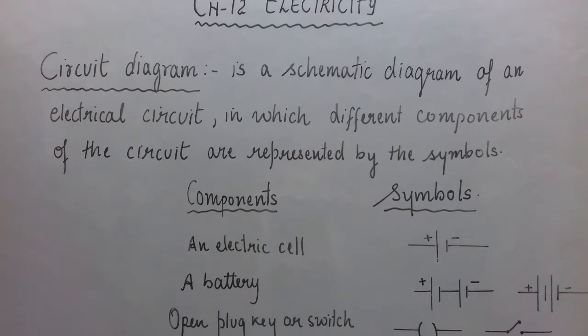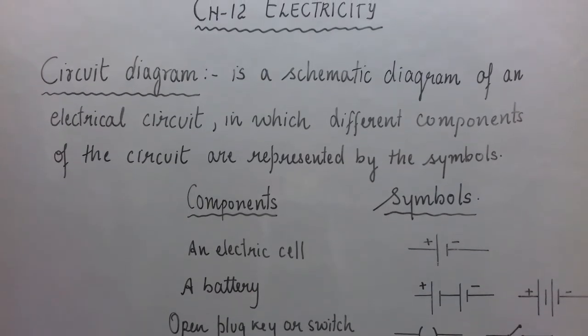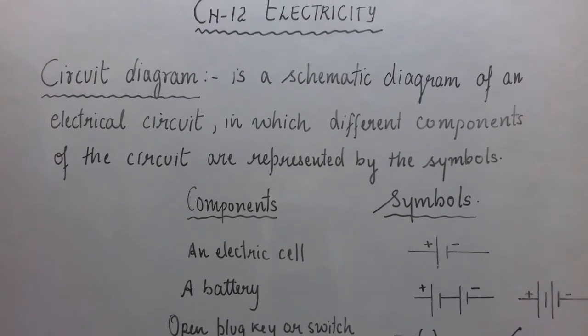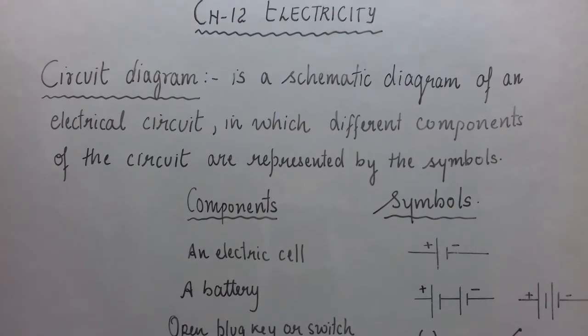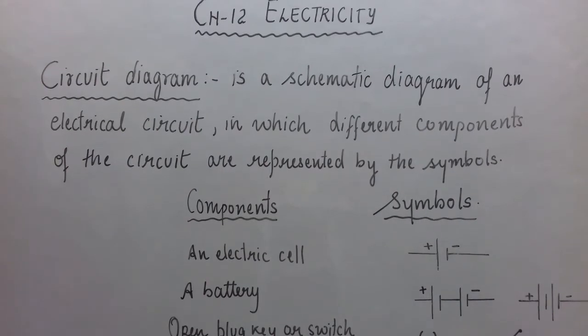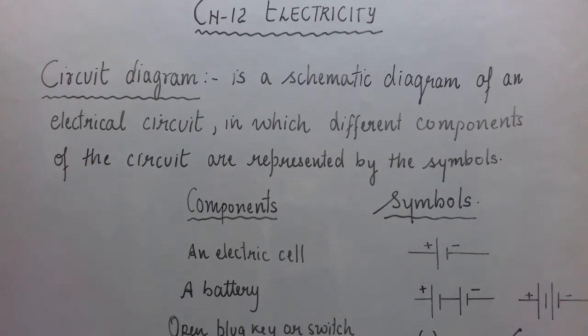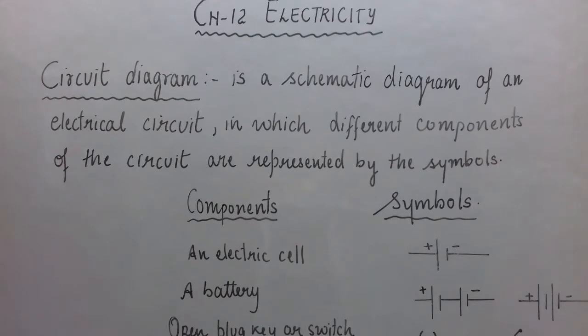You know what is an electric circuit? It is a closed and continuous path of an electric current. Now, whenever you are asked to draw the circuit diagram, suppose if I ask you to draw the picture of a circuit, first of all, you know that in any circuit, two components are very important or present in all the circuits. Which are they?